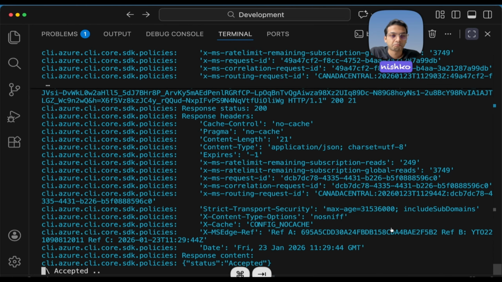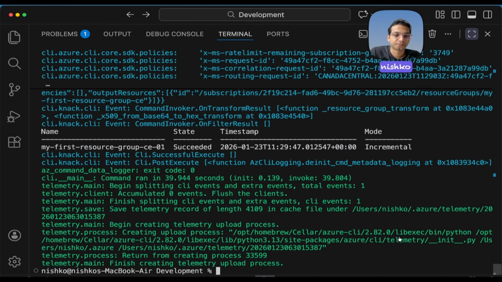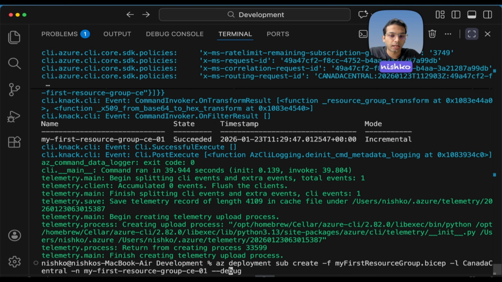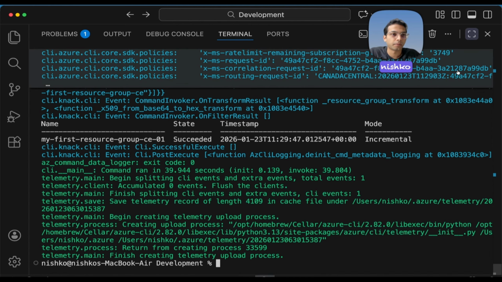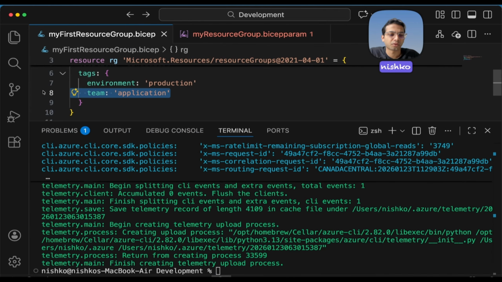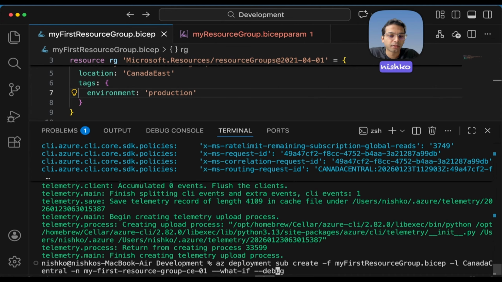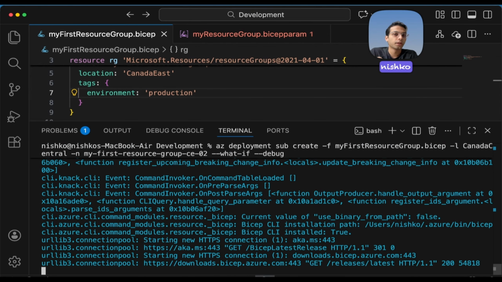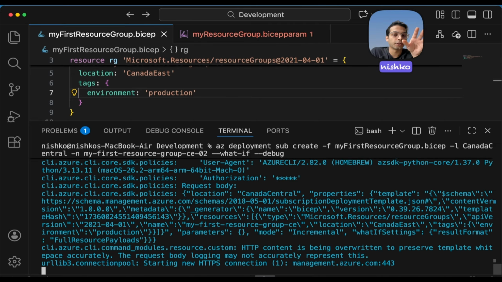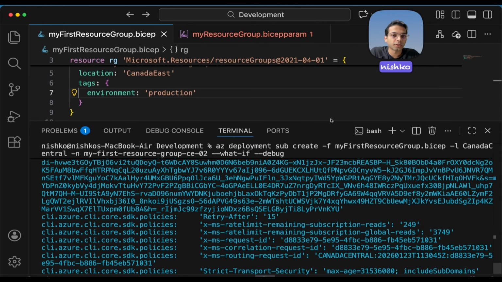Now for whatever reason, we decided we do not want to keep the tag name, so we removed it. Because this is a new change and new entry, from the best practice point of view, I should update my entry so that I can get a new entry on Azure, and I'll do the deployment. This will remove it, and even though